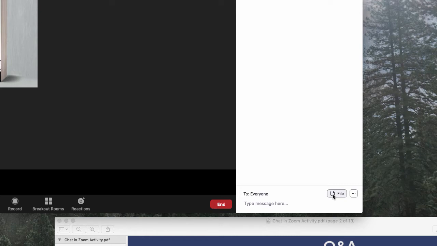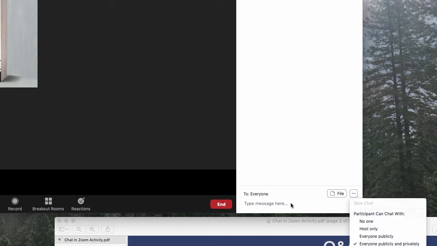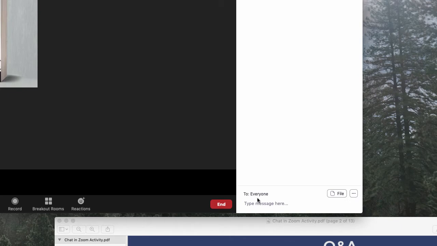This, by default, is usually off, and so you have to go to zoom.us, log into your account, to your meeting settings, and then in the meeting settings, turn that on if you want to use it. So you have some controls over what students can do here, and then when you're sending things, it's really important to know that by default, you're sending it to everyone. But there's also a drop down here once you have participants,